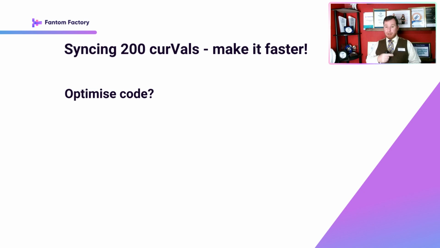Computers are really good at all this processing. But doing this process seems laborious if we're going to do it 200 times. So how can we make it faster? Now, if I talk to developers, they'll often tell me that they've been researching scientific journals and they'll quote at me big O notation and the best way to optimize loops to make them more efficient. So they're saying, yeah, man, we can optimize the code, we can make it way more efficient.